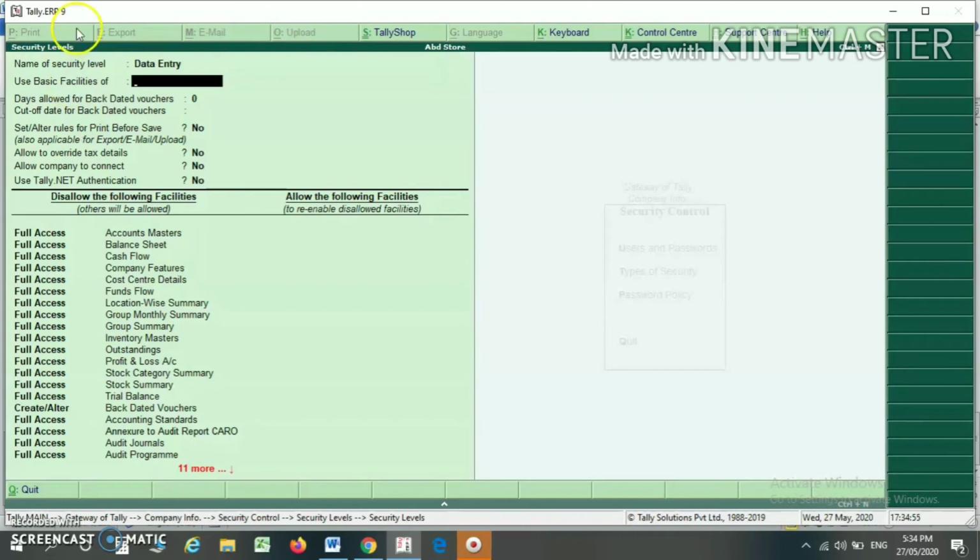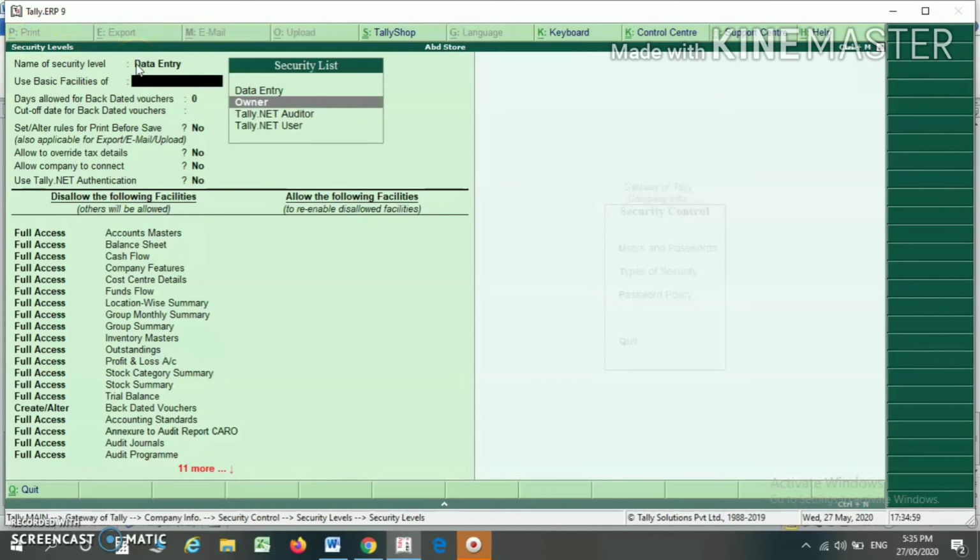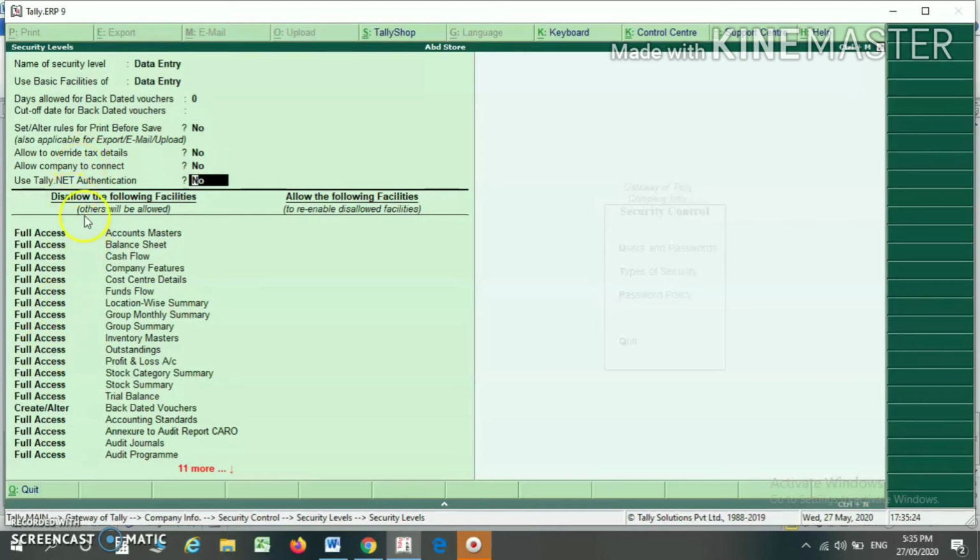Now as and when you press enter, you will find the security level for my data entry. So here, the person who is doing data entry, I have to use the security list of data entry only. Here if you select that days allowed for backdated voucher is 0, then it will not allow backdated vouchers to the person who is doing the data entry in your Tally ERP9. Now by default Tally has given many disallow facilities to the data entry operator.